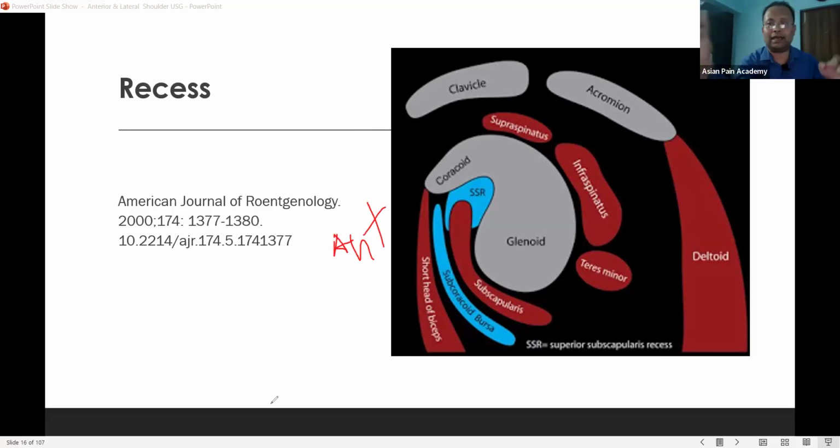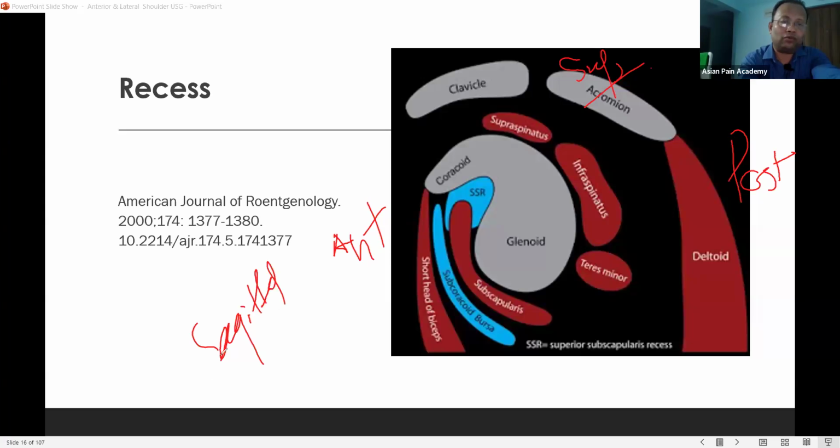This is the anterior side. This is the posterior side. This is superior. So we are seeing a sagittal view from one side, at the level of the glenoid, just at the glenoid bone. So you can understand that we have removed the humerus. So what we are seeing here, as I told you, is that one bursa is there,